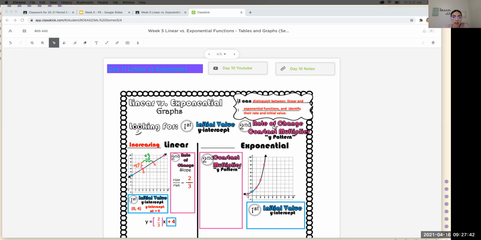And I'm noticing that a lot of you are just following along as I'm showing you the PowerPoint and dragging the pieces already. You're not waiting for me to come to the Classkick side, which is awesome. That makes us move a little faster. So if I'm showing you the PowerPoint and you're seeing where all these pieces go, don't wait for me to come over here to do so. That makes us move faster. All right, so since a lot of you are done with that, I'm going to go ahead and move on